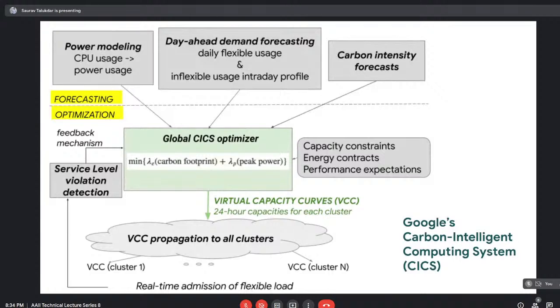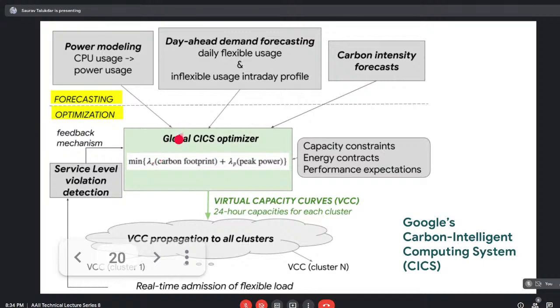Finally, what we need is a map which will take all these jobs when you run in a data center and convert this load profile into a power profile. And the reason for doing that is that we are essentially interested in two aspects. One is that we want to minimize our carbon footprint, and the other is that we also want to minimize the peak power that we consume in a data center, so that overall we are trying to reduce our energy consumption as well. So that's what this optimizer has. It uses